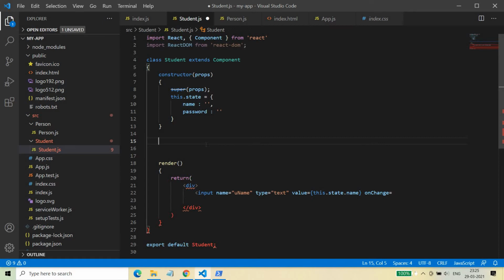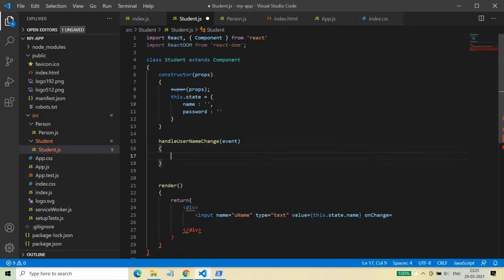We can write one handler, handle username change, and here you need to pass the event. Always remember that you cannot simply write this dot state dot name is equal to event dot whatever you have got from here. You need to use the function setState, and inside this setState function you need to do something like this: